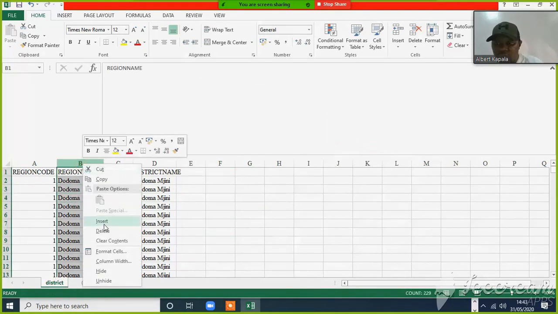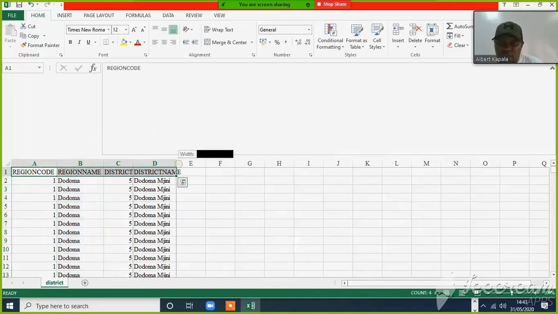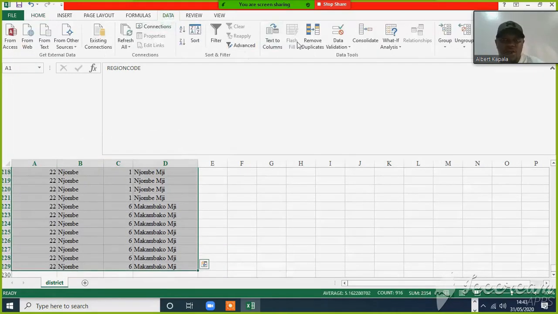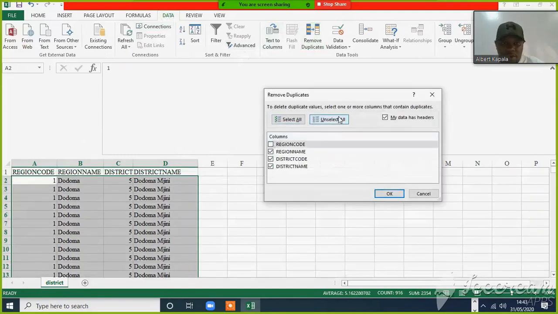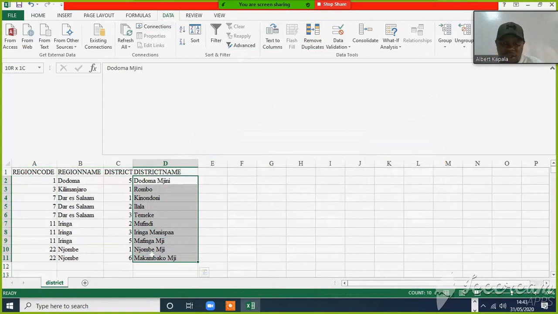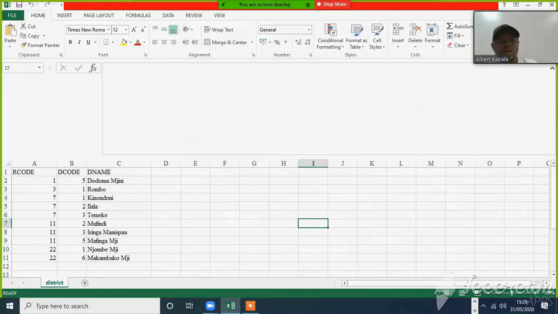Now, for the case of region, I'm going to delete. I know up to this moment there are duplicates in the district name column, so I have to remove those duplicates and select all. Now we are left with these 10 districts which will be surveyed in these respective regions. Now I'm going to change these names. This one is the region, and this is the district,